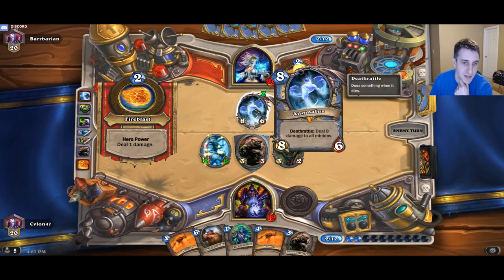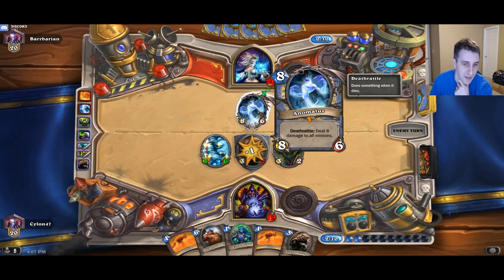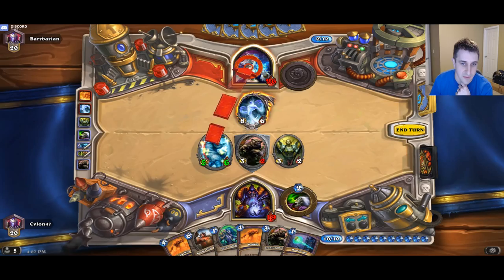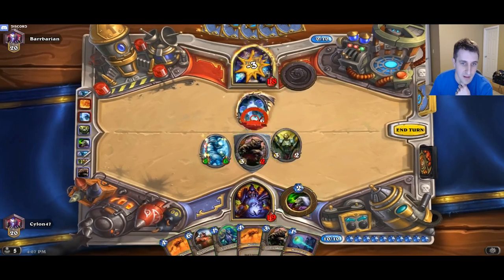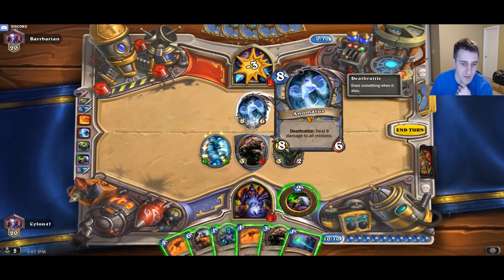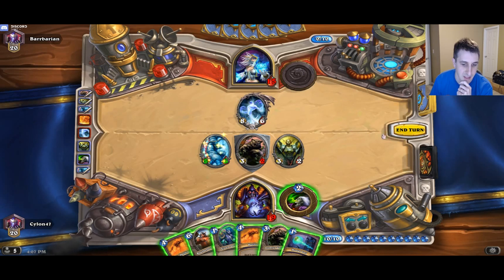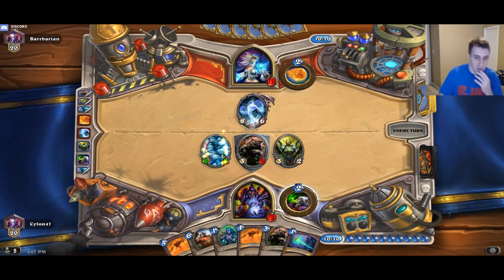Now, what I'm going to try to do is stop this from being able to just do damage to face. Okay? I'm going to keep putting taunts up in front of this guy in hopes that he doesn't deal 8 damage to all minions. And I'm not going to put minions down right now because I want to make sure... I could have drawn a card there, but Mage can put out a lot of damage in a...